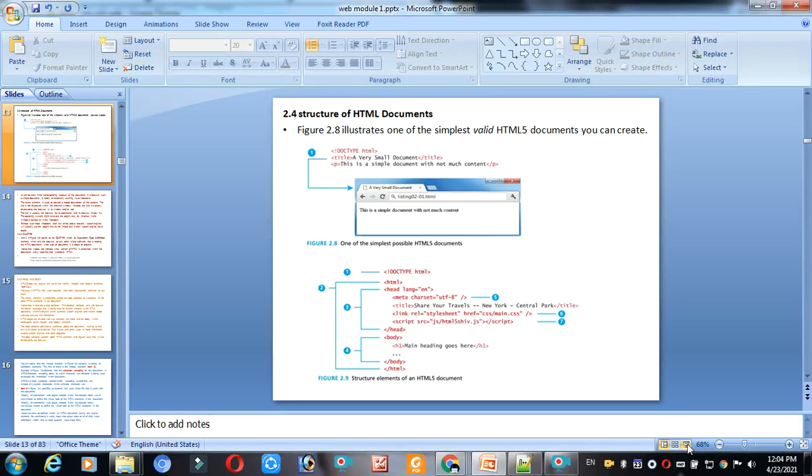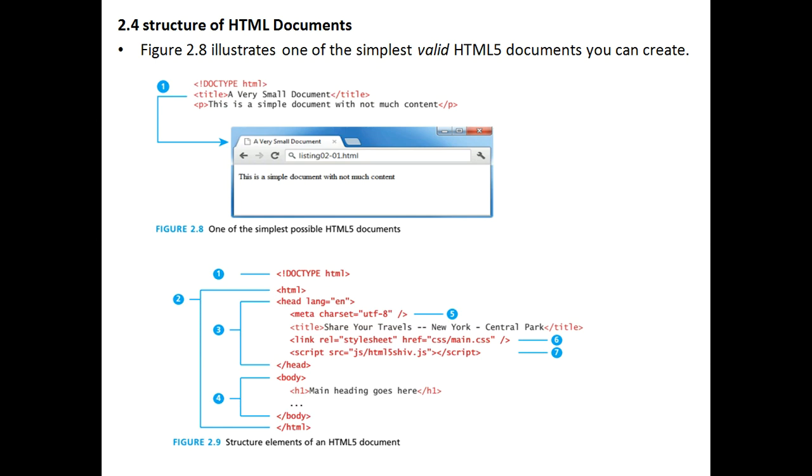Yeah, we will start with the structure of an HTML document. What the title says, structure of HTML documents represents how we have to write the basic HTML document, which is very important here. It's one of the simplest possible HTML documents, and the output of this is given here. So it's a structure of an HTML5 document, right? It is not HTML 4.01, it's an HTML5 document. That is the structure which is available here.